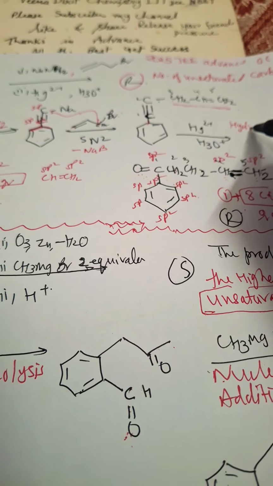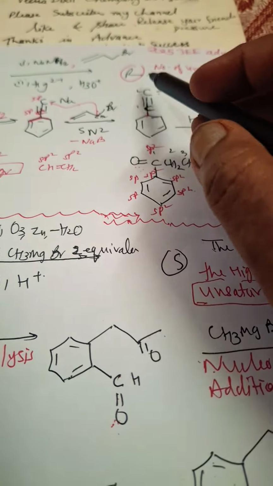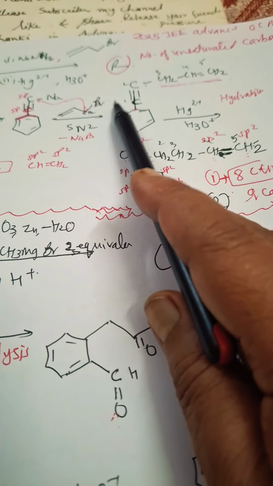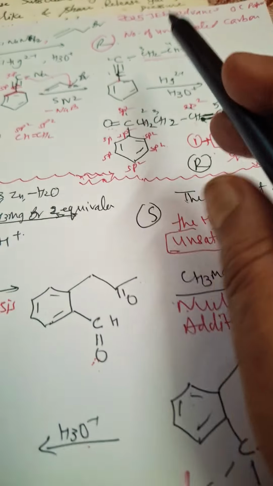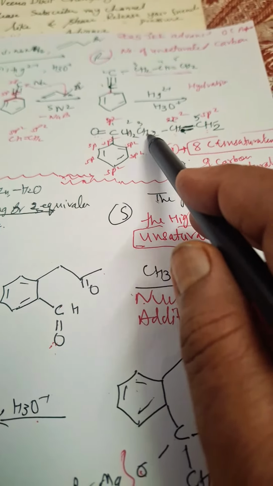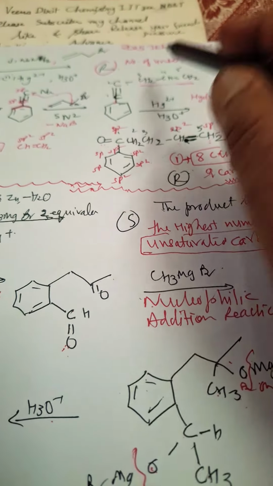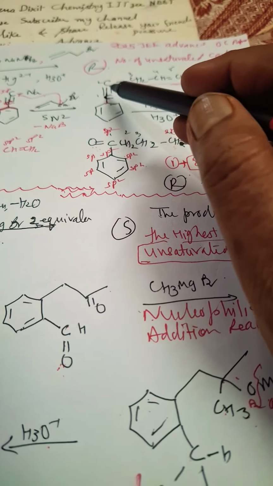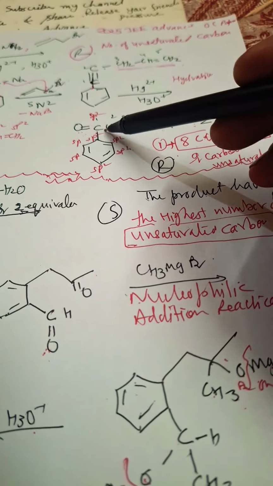In case of this hydration, what will happen here? Here a keto group is obtained. So we'll get CH3, C double bond O. Okay, keto group is obtained. So CH2, CH double bond CH2, it will remain as such. Okay, so we are saying H2 coming here, O coming over here, so the keto group is obtained.